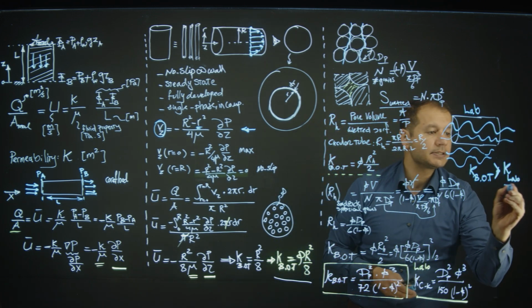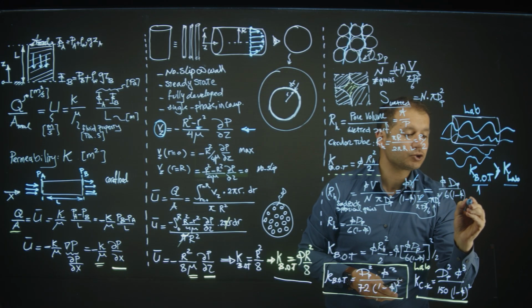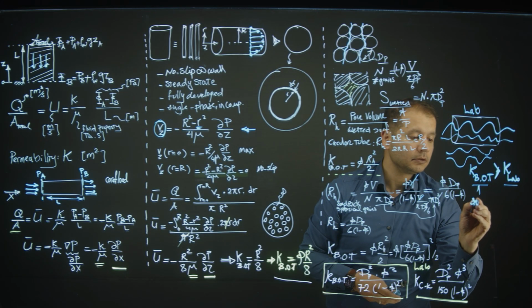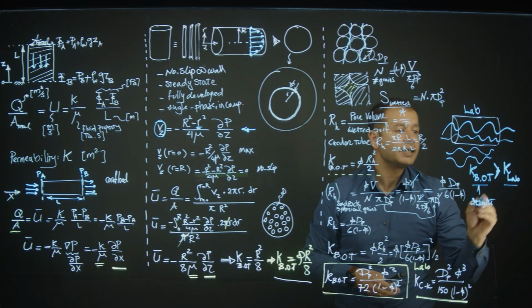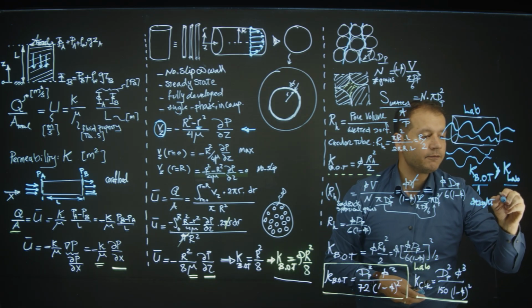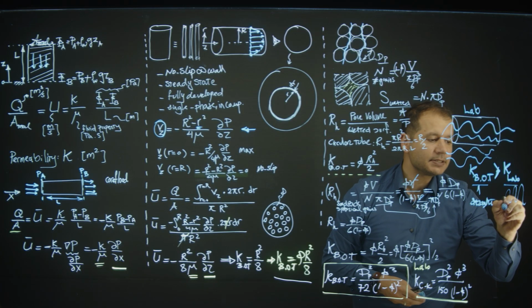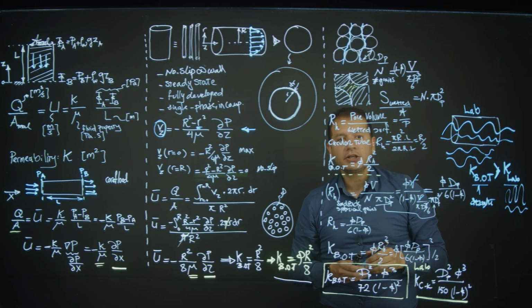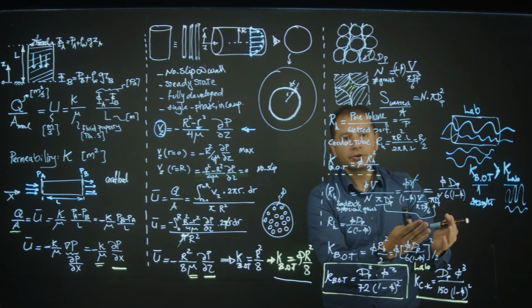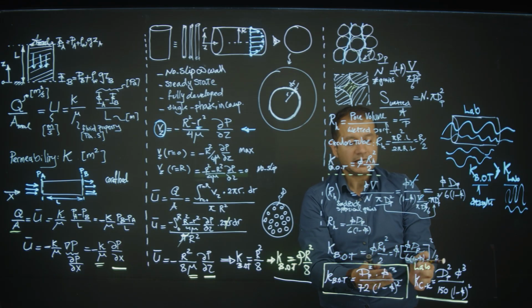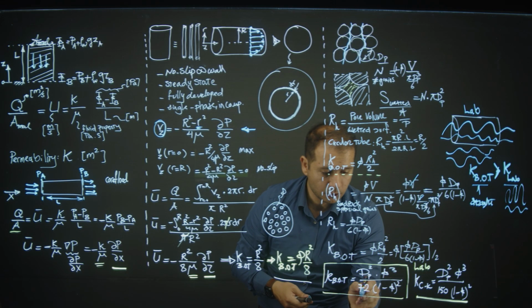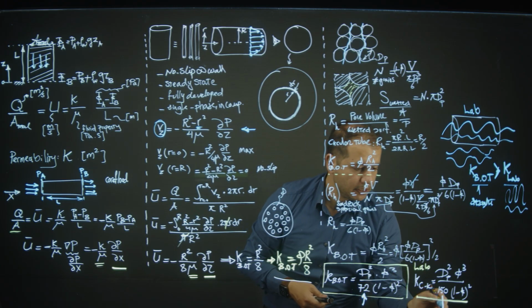And the reason is that we assumed straight tubes, while in the lab, reality is that flow is very much twisted. And so tortuosity is the reason behind our laboratory measurements to indicate that the factor 72 needs to be 150